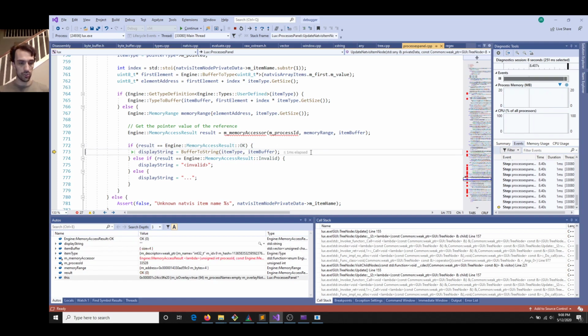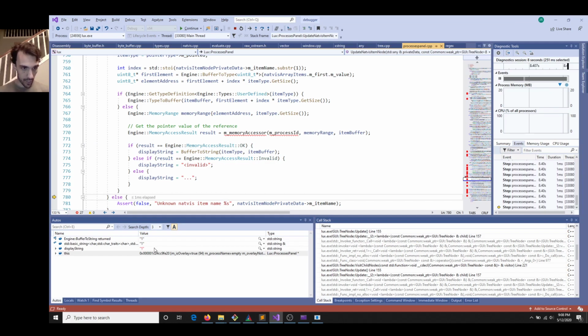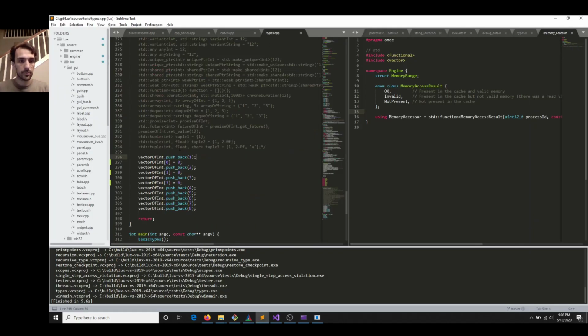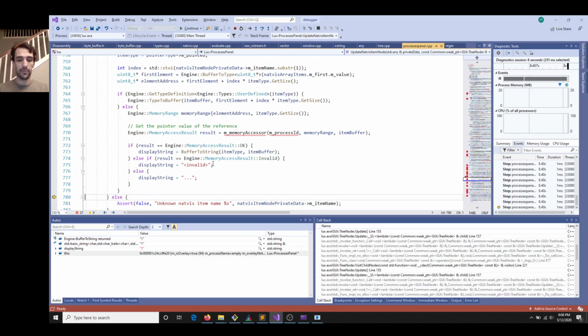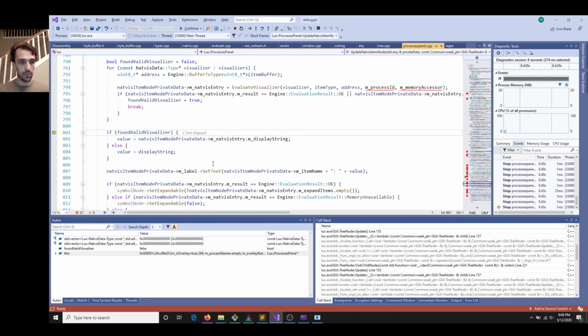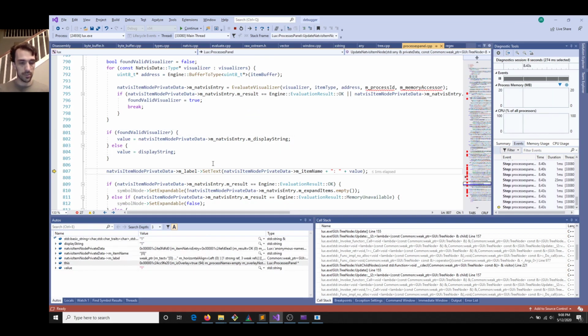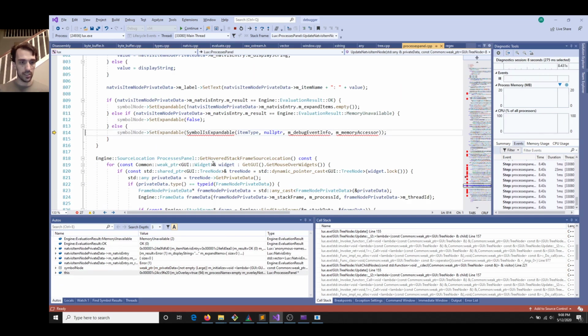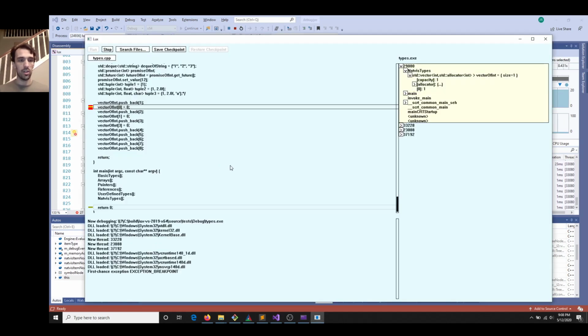And now the display string should be a number, 0 or 1. Well, that was surprising. Oh yeah, it's 1 because I pushed 1 onto the buffer. It works. Yay. There's no visualizer, so it just uses the display string. It sets the text to item name : 1. It says it's not expandable. It works. Okay, now if I F10,